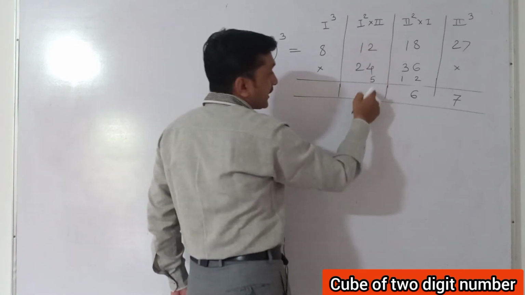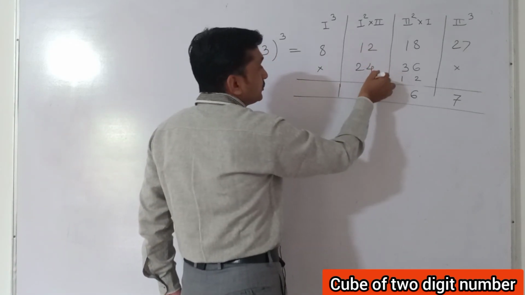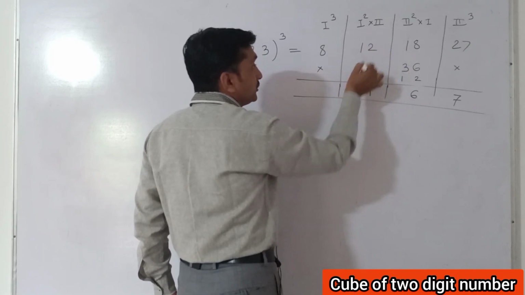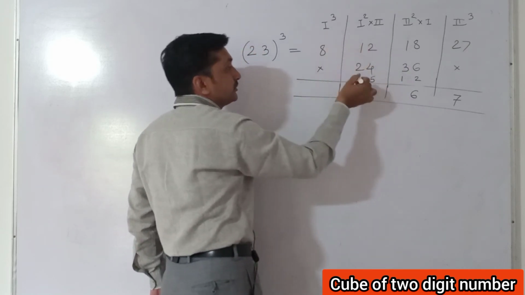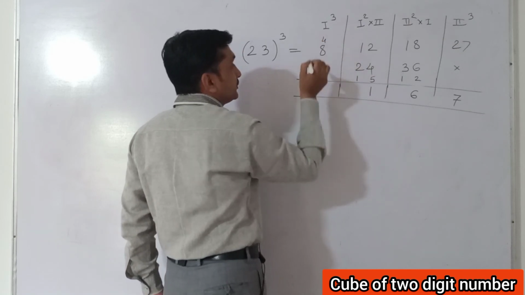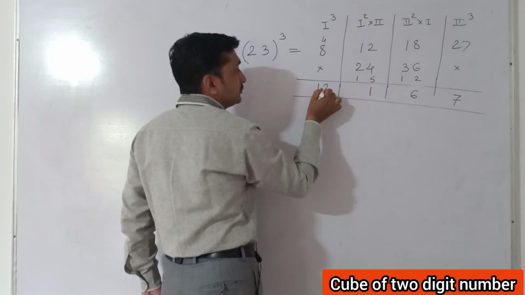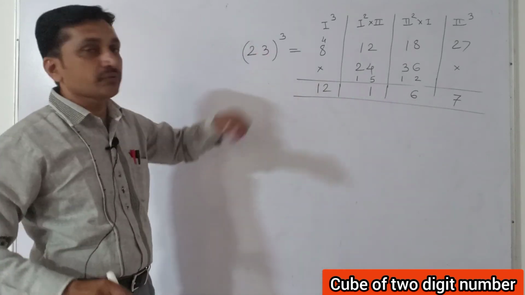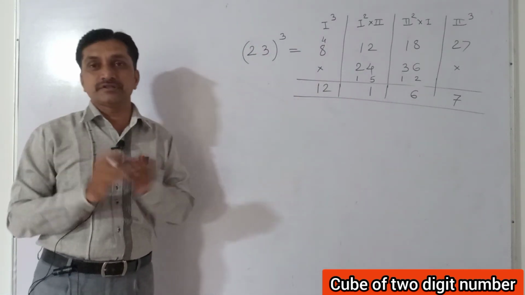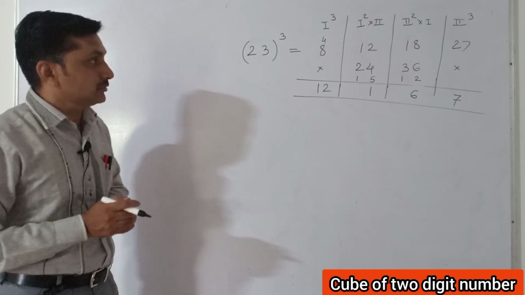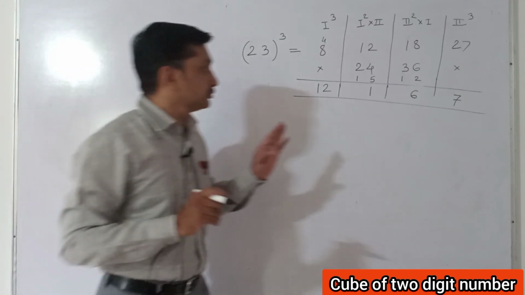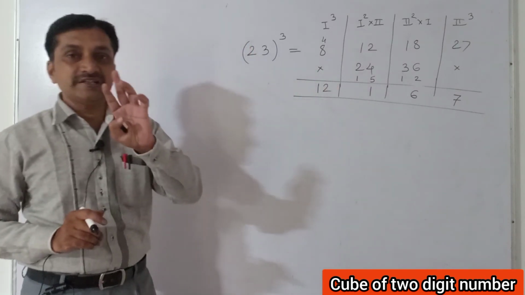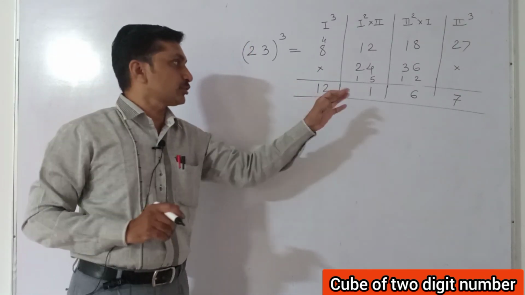Now here also in adding take only one digit. 5 plus 4, 9 plus 2, 11. 11, 1 carried over. And addition of these 3 will come here. 2 plus 2, 4. 4 will come here. 8 plus 4, 12. 12,167 is the cube of 23. 2 different digits. Okay, only one thing you have to see carefully, here, here and here, only one unit place digit you have to take down.